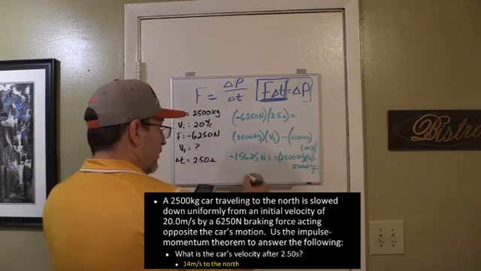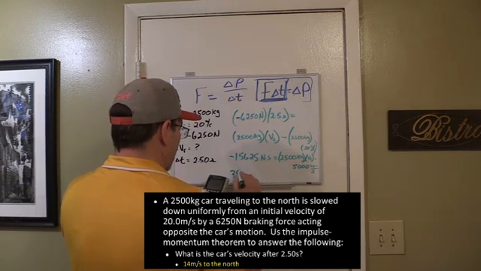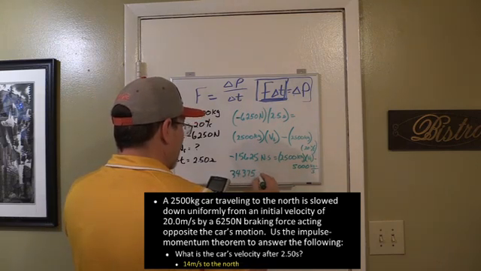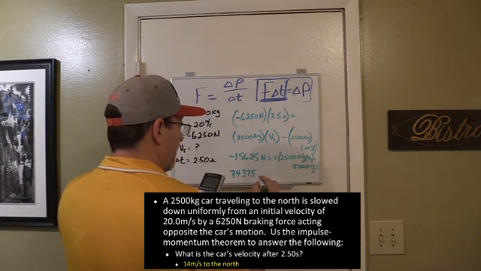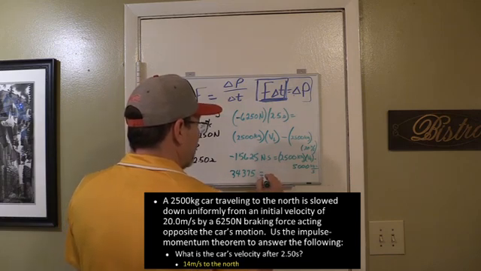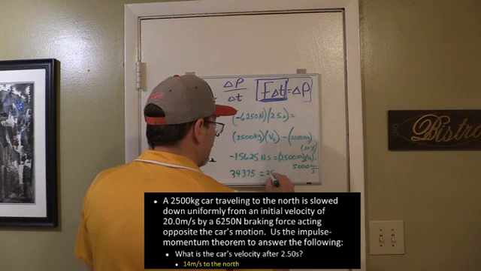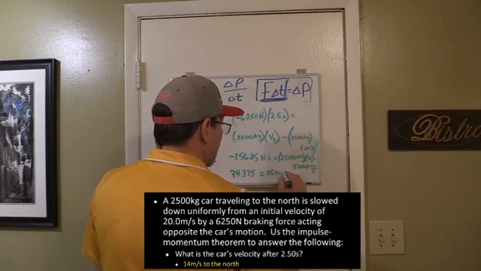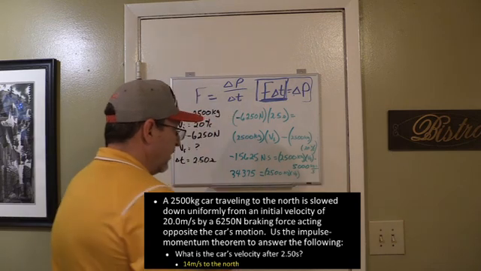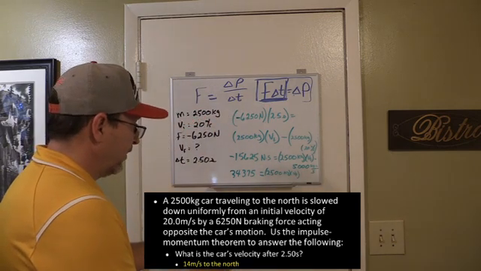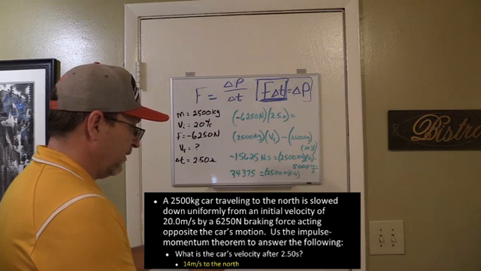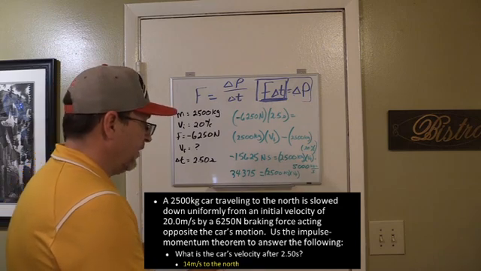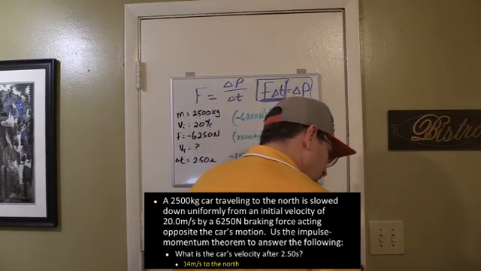All right. 34,375 is equal to 2,500 kilograms times velocity final. Divide that by 2,500, 2,500, and I get